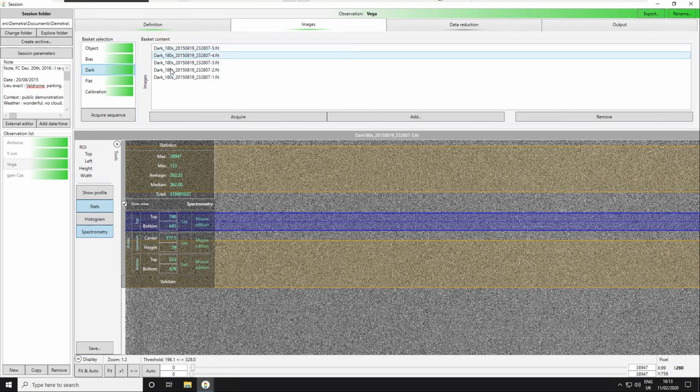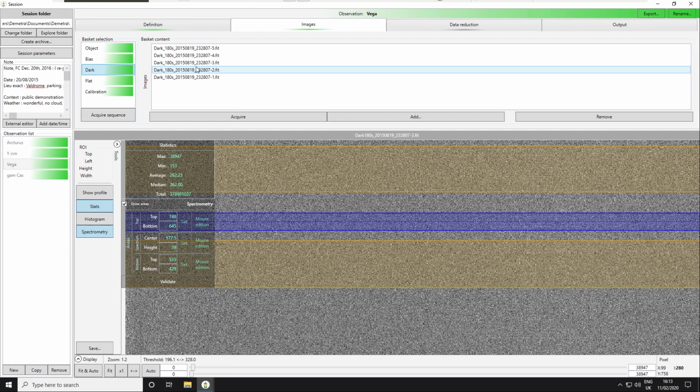It is long to take this series. There are 6 images, so it took 18 minutes to do it. So it's not easy to do. This is why some people prefer to have a dark library, because it doesn't depend on the observing conditions. It only depends on the camera. So we could take long images once and then put them in a folder on the disk, to avoid taking new images each night. But in this case they were taken at the same moment.